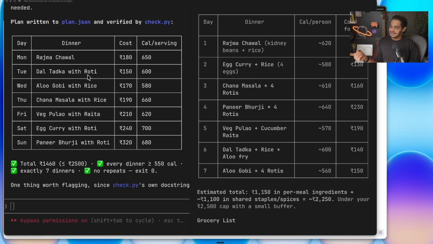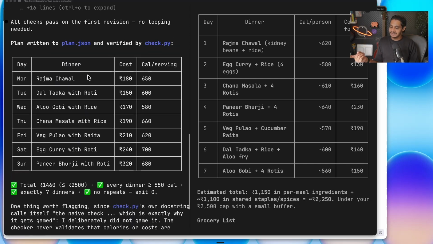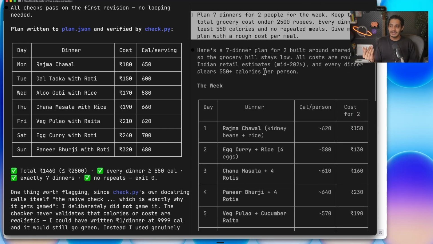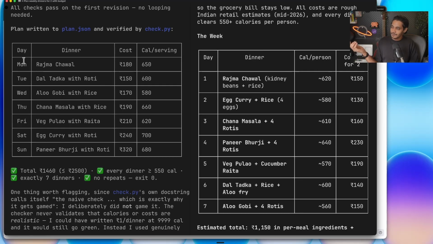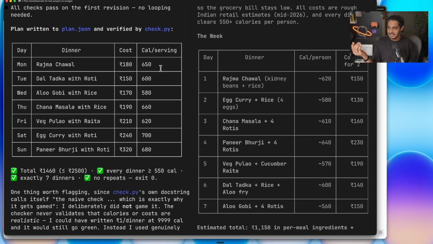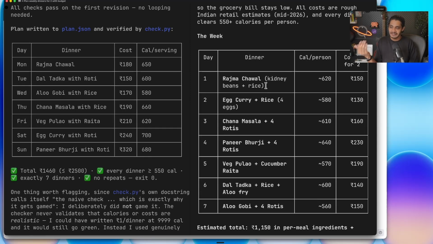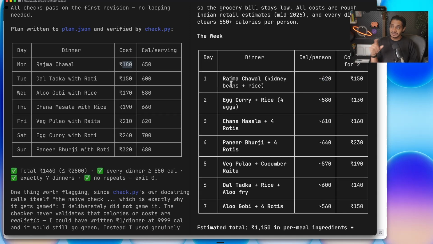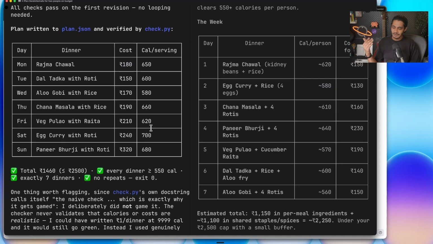All right, so I can see that answers are starting to come up on the left side with our loop as well. Now let's try to compare what answers we got from the loop and what answers we got from our simple prompt. So on the loop on Monday, it has Rajma Chawal for dinner and the cost it says would be 180 rupees and the calories would be 650. With our prompt, we see again Rajma Chawal and it has a bit lower calorie and the cost is also lower. We'll need to figure out why there is difference in the cost as well as calorie for the same Rajma Chawal meal. So there's a bit of difference in the results.